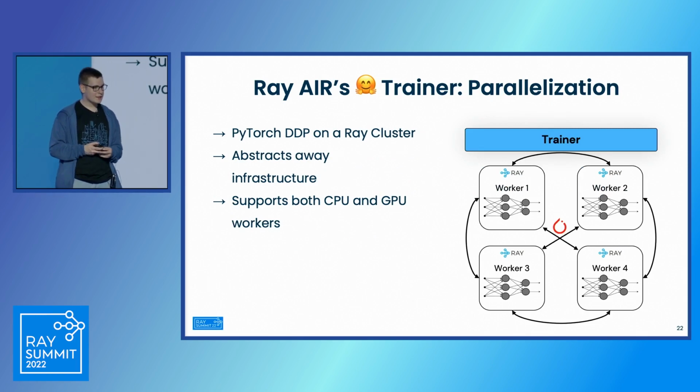So we parallelize the training using PyTorch DDP. What that means is that we have several workers scheduled on Ray clusters. For example, each worker may be using one GPU or multiple CPUs. Each of the workers gets a shard of the data, and they each train the same model, and the gradients